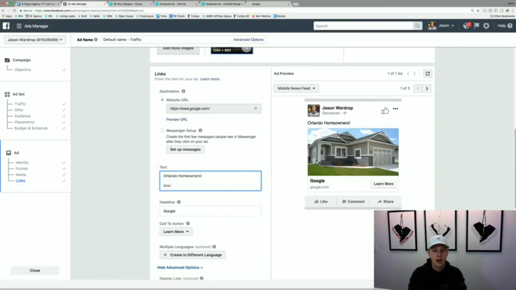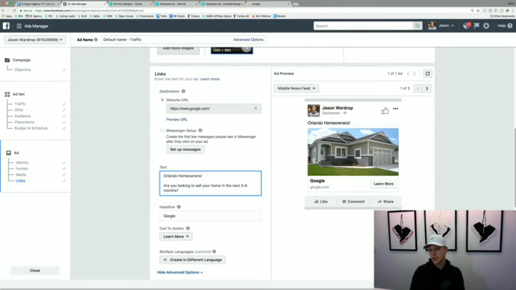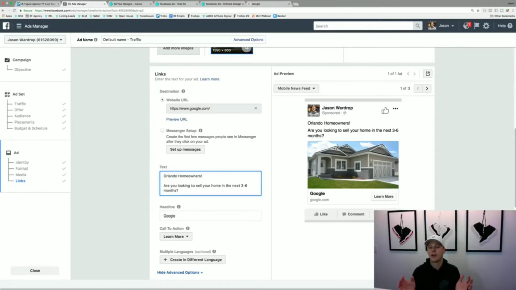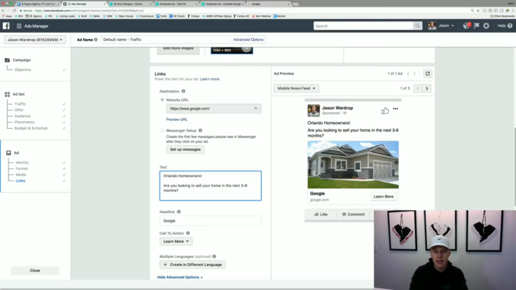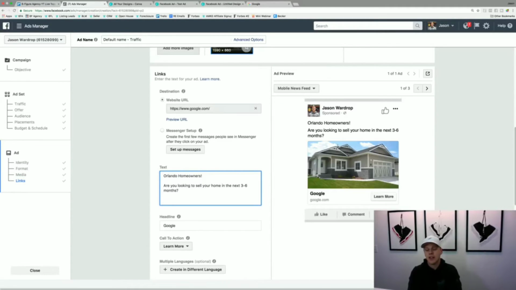You can say, are you looking to sell your home in the next 3 to 6 months? Okay, so now that's weeding out the Orlando homeowners. Okay, if you're not looking to sell your home, you're gonna keep scrolling. You're done. I'm not talking to you. Say, are you looking to sell your home in the next 3 to 6 months? And then, and obviously I'm just creating this on the fly. You could say like,